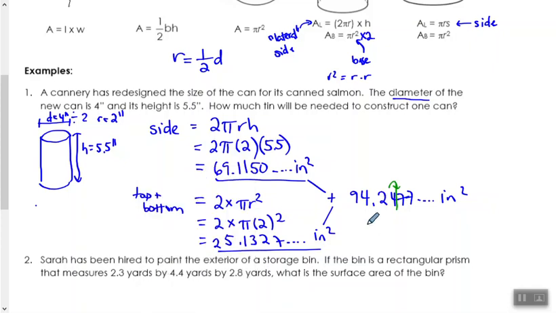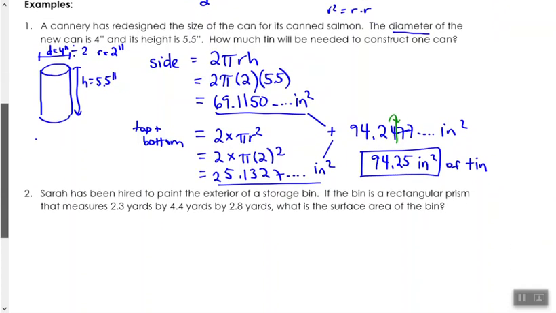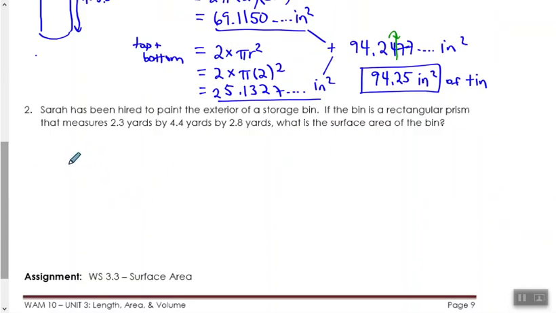Okay, so rounding over, I get 94.25, 94 and a quarter square inches of tin that I'm going to need for that can. Okay. And for our next and last example, we have Sarah, who's been hired to paint the